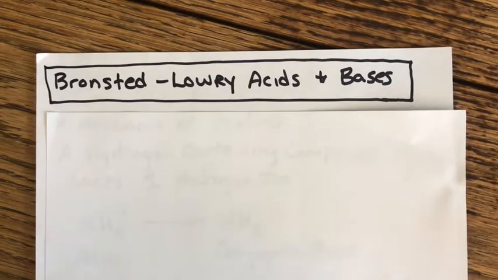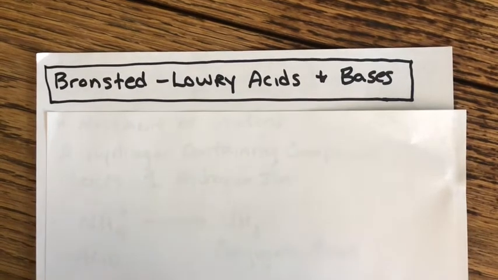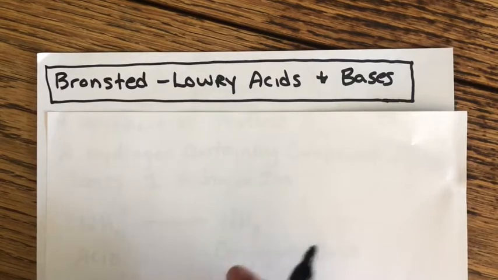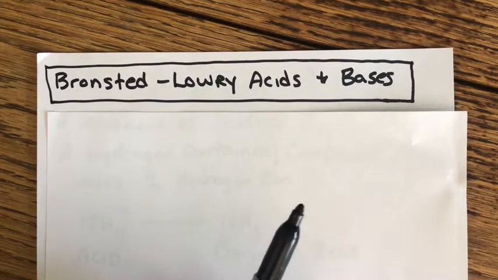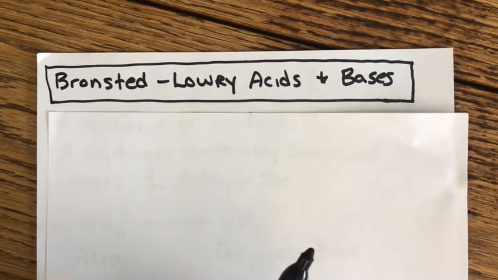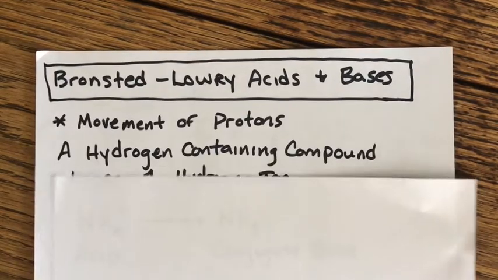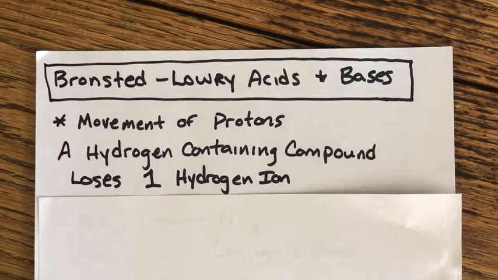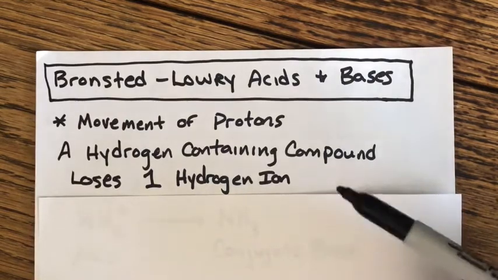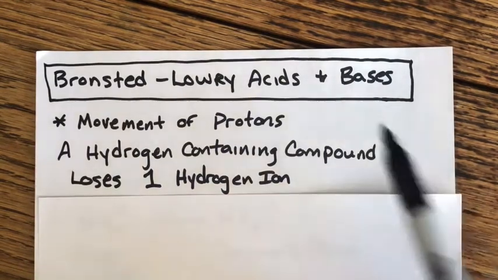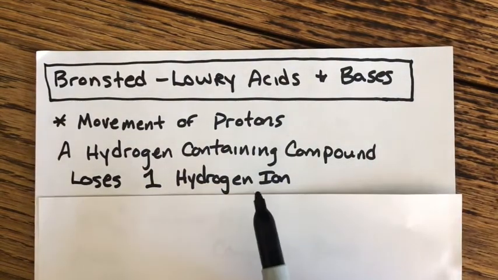All right, guys, let's talk about Bronsted-Lowry acids and bases. This is another definition of acids and bases. It kind of encompasses the Arrhenius model in many ways. It's similar to it, especially with the acids, but it's also a little bit different, especially in terms of the bases. Okay, so what we are looking for, exclusively actually, in Bronsted-Lowry acid-base chemistry is the movement of